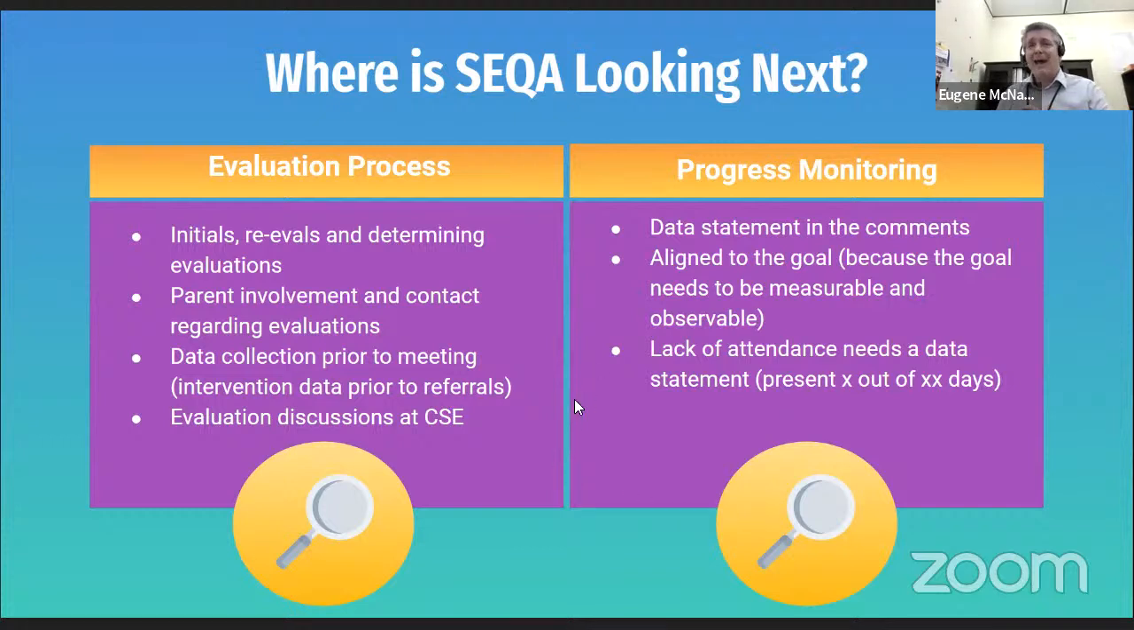We have to look at data collection prior to the child being referred. So we're going to look at our RTI, our intervention strategies, and any data that we may have on the student in order to say, hey, these are some areas of deficits, maybe this is the type of evaluation we need. We have to log that, list that, and as a committee make the determination of what evaluations are needed. And then they're looking to see at the CSE meeting whether or not we are actually